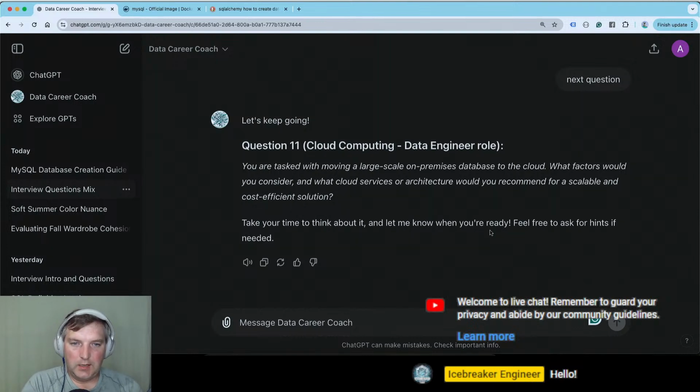Cloud computing. You are tasked with moving a large-scale on-premises database to the cloud. What factors would you consider, and what cloud services or architecture would you recommend for a scalable and cost-efficient solution? Okay, so this question is wrong because it concentrates on technology.